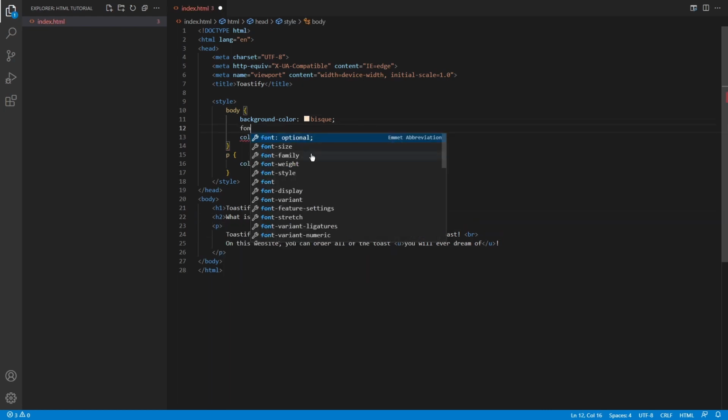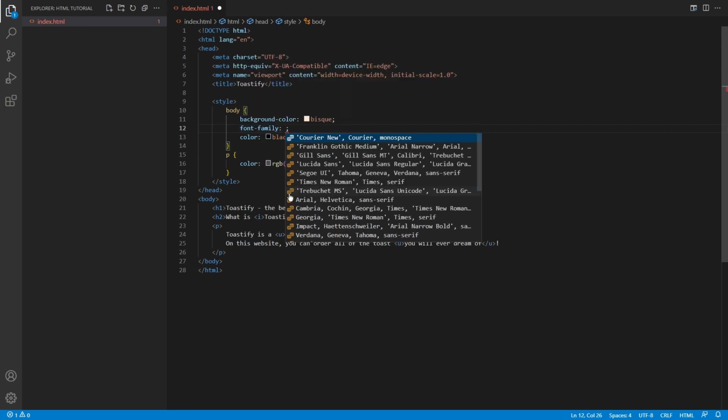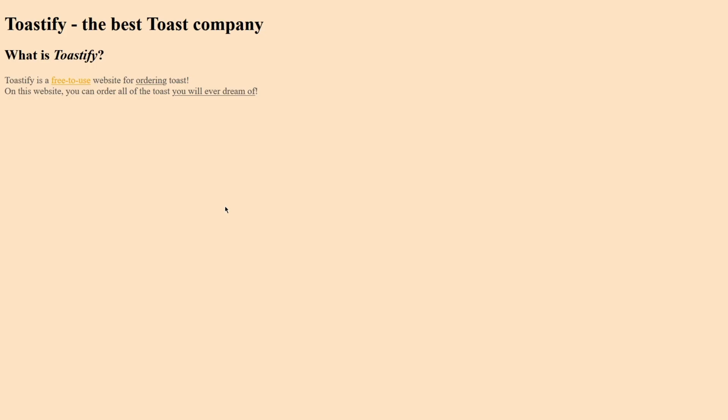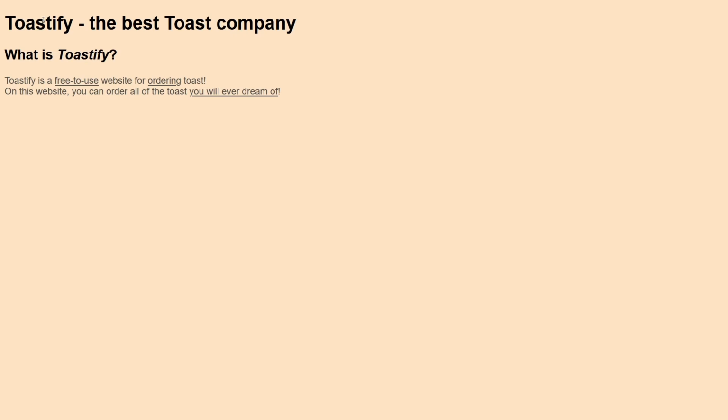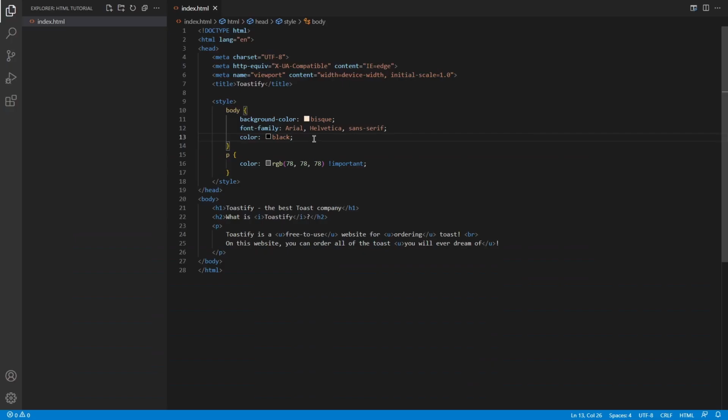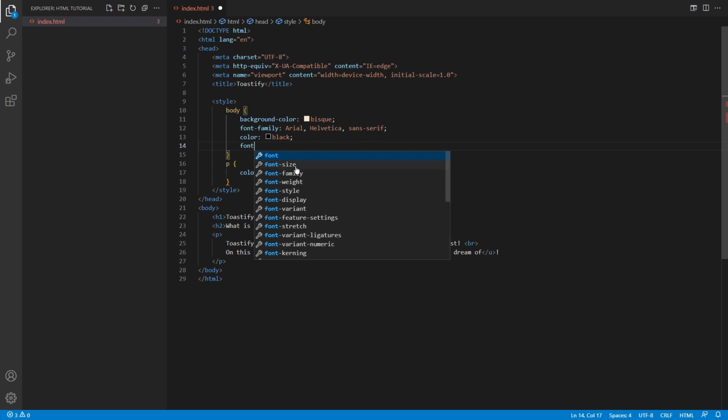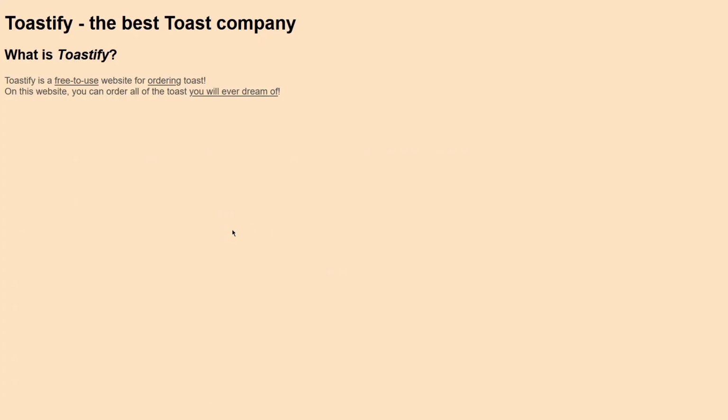Now let's change the font family. The font family is another CSS attribute you can use, and I like to use Arial because it just looks smooth. I mean, who doesn't like this font? Just the best font ever. If you want to affect the font size of everything, you can enter font size. And now there are a few options. You can use the predefined words like larger